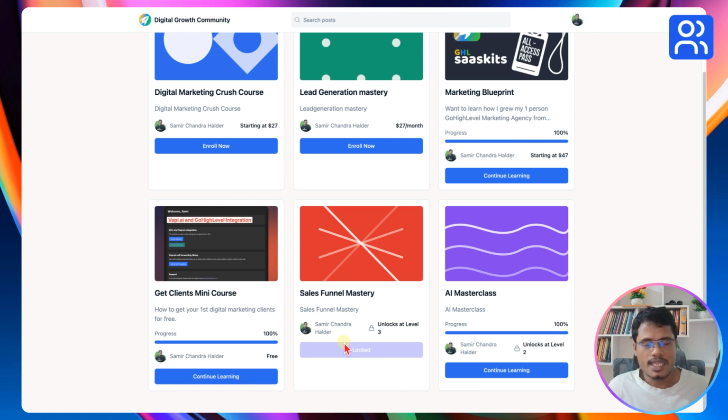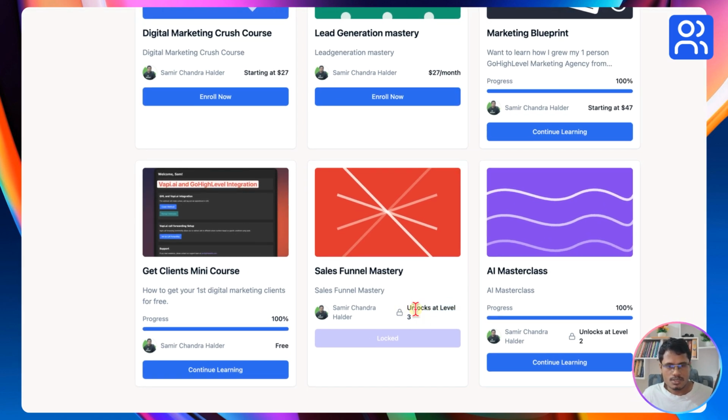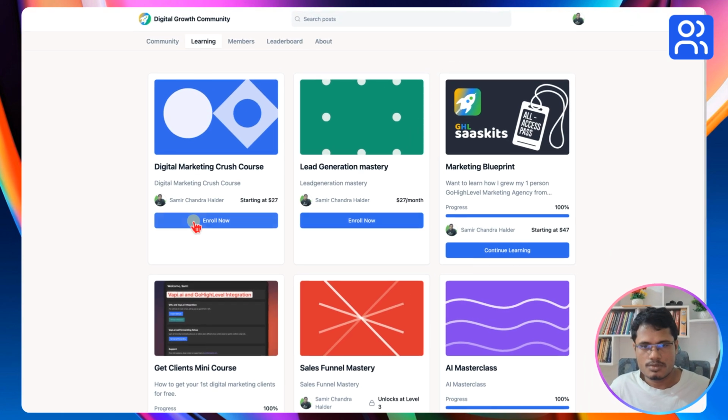We currently have 5 different community levels. When someone joins, they will be a level 1 member. Then as they interact with your community, they will earn more points and unlock the next level. This way, if they get to level 3 in this case, then this course will be unlocked. So let me show you the